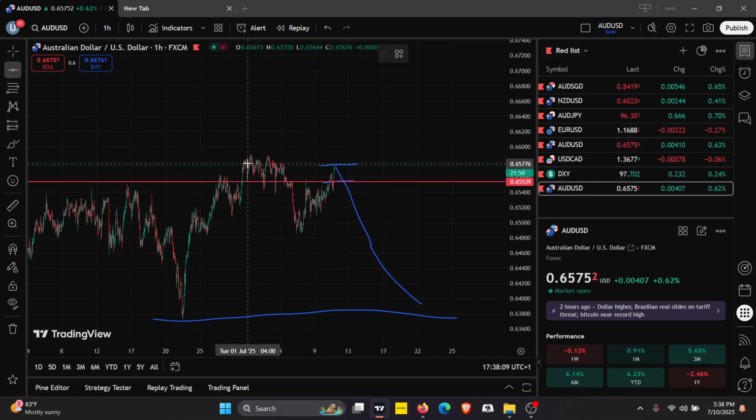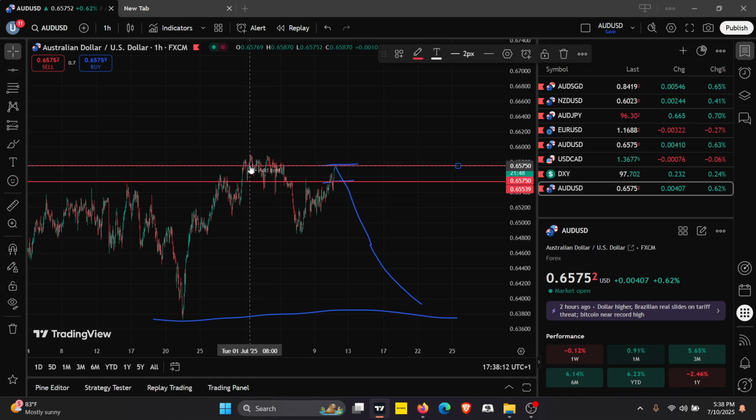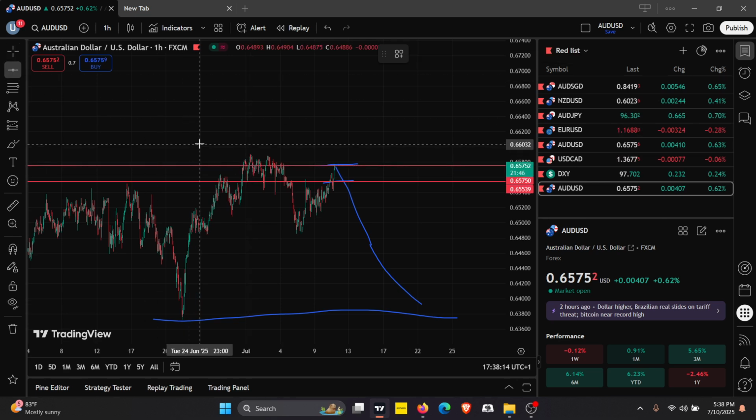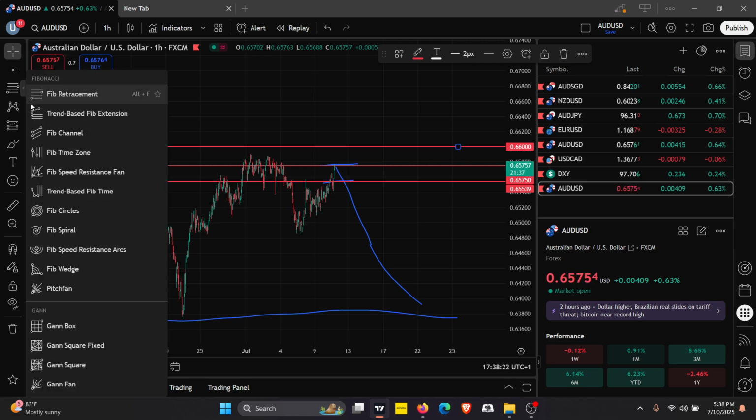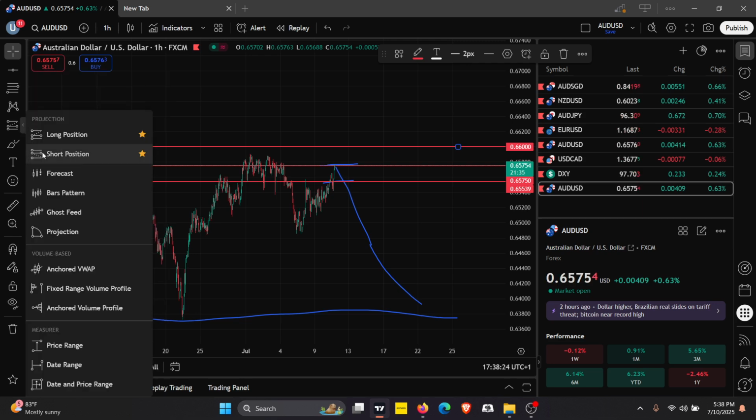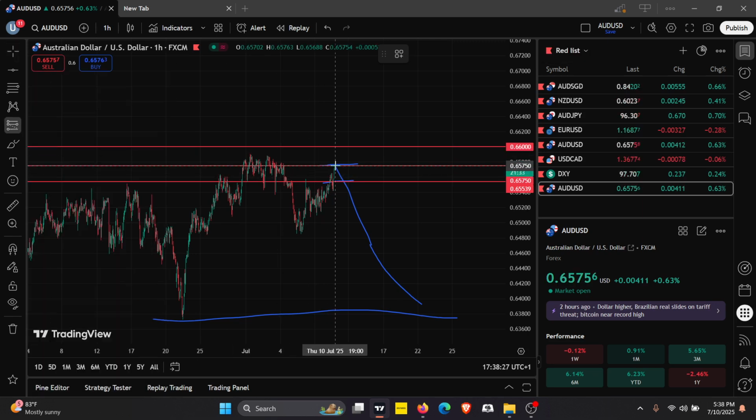So with that said, this will be my entry, my second entry, and of course my stop loss will be right about this price. If this market happens to get to this price, I know I'm out of this market completely. But for now, I have a short position and I'll be holding.